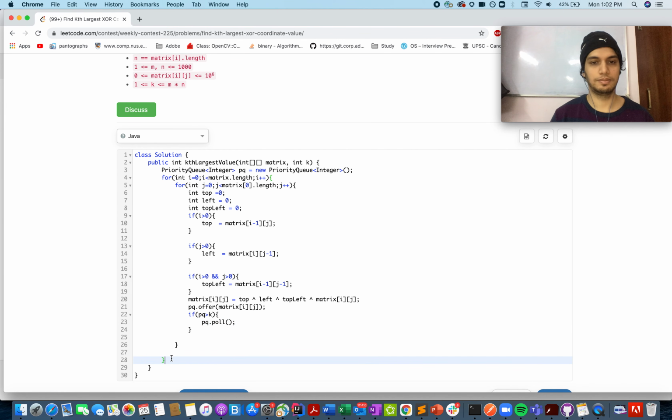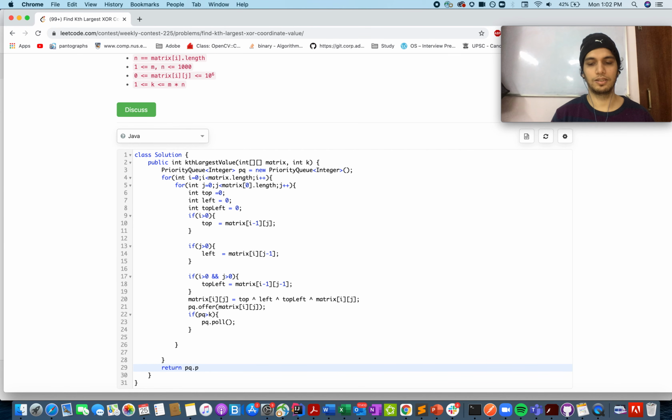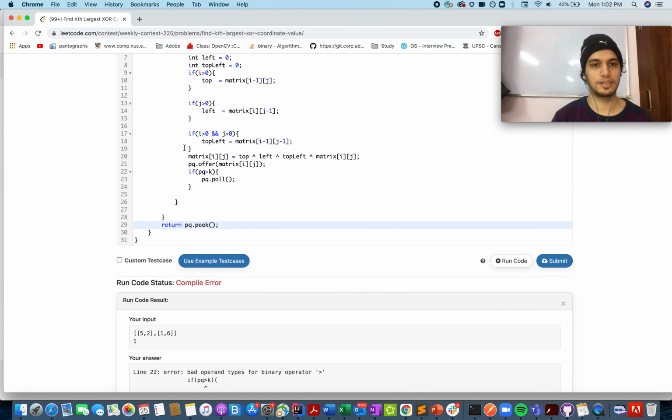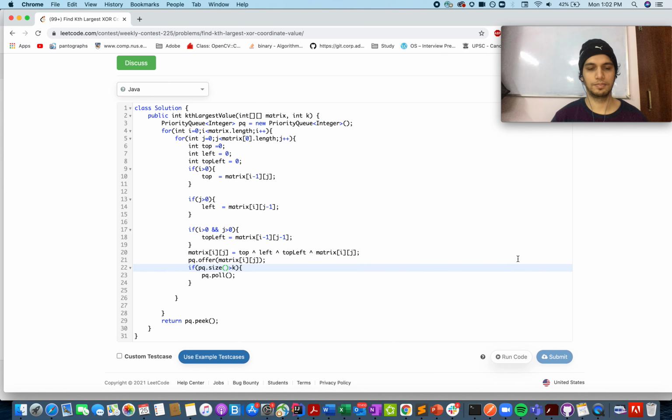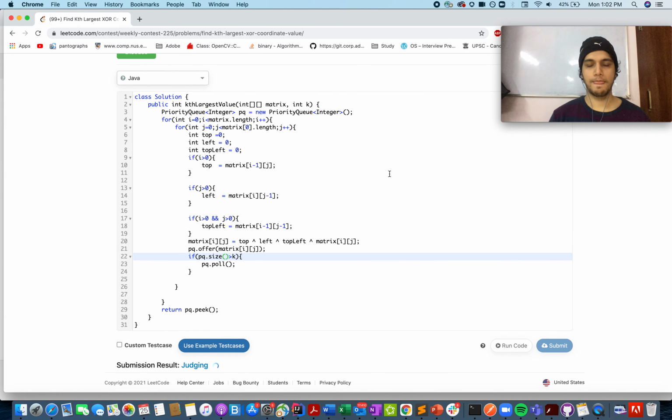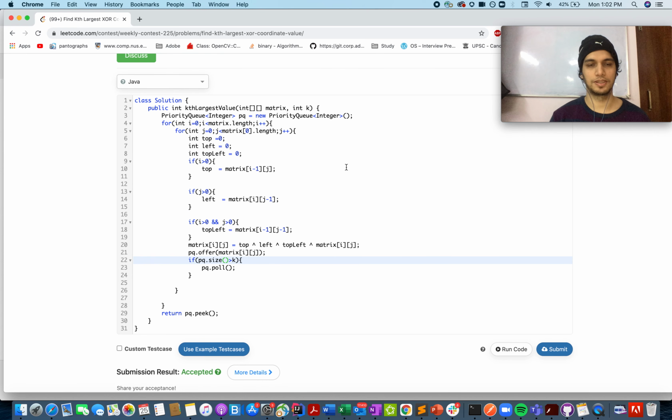And once we are done, let's return the topmost element of the priority queue. Pretty simple. Compilation error, let's see what it is. Priority queue dot size. Looks great. And let me just submit. Accepted. What is